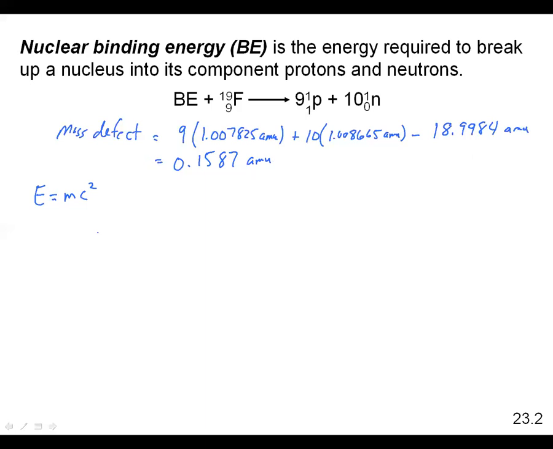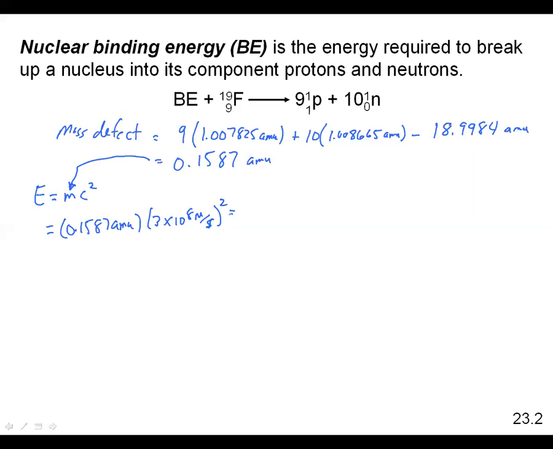So if we put in our number, we would get 0.1587 AMU times our 3 times 10 to the 8 meters per second, squared. And if we do that, we end up with